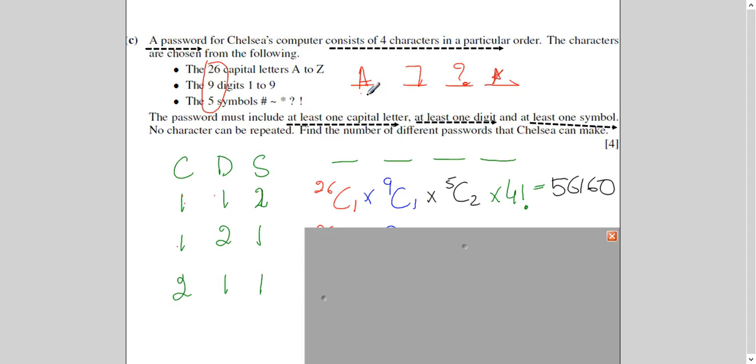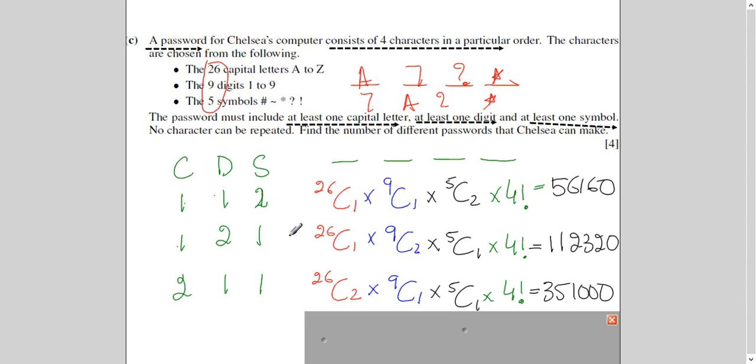If I change the order, now this is considered a separate, different password. So 4 factorial is basically to shuffle all the cases you will get. Remember, we have just seen in the last case how C and P are together. When we multiply selection by the number of ways we can arrange them using factorial, it gives us all the arrangements, right? In a password, it is important that shifting the letters, symbols or digits will make a new password, so you have to write this 4 factorial.